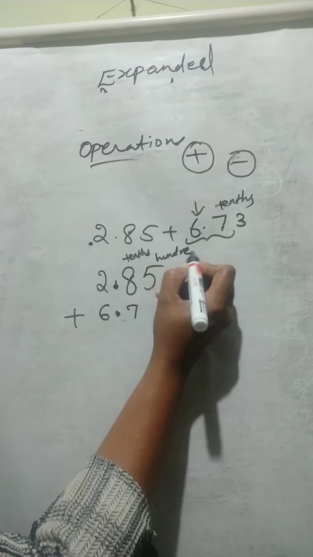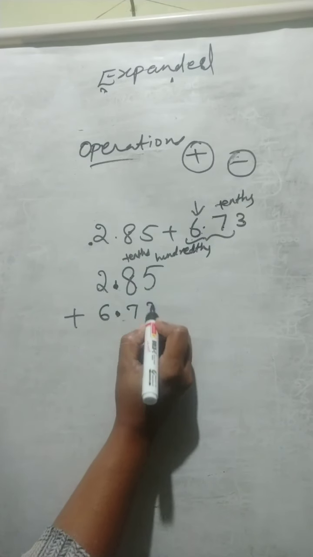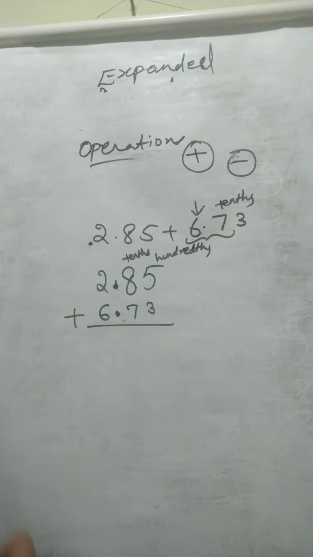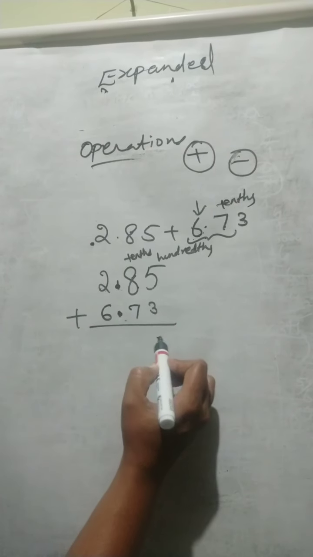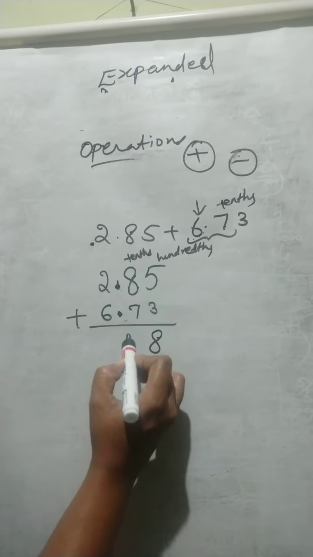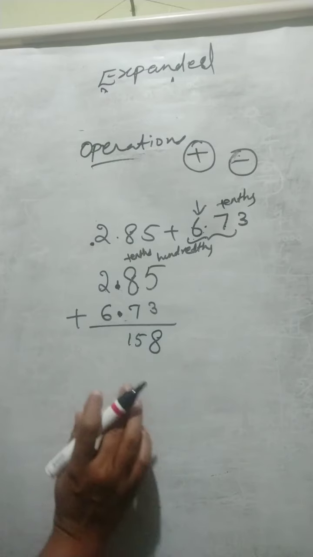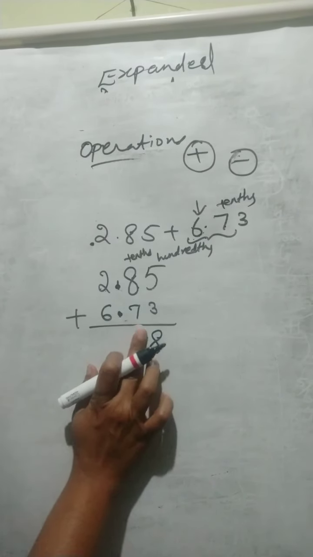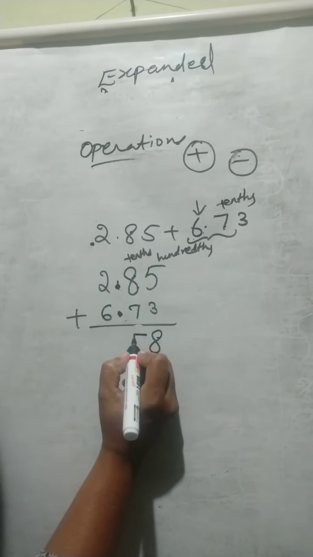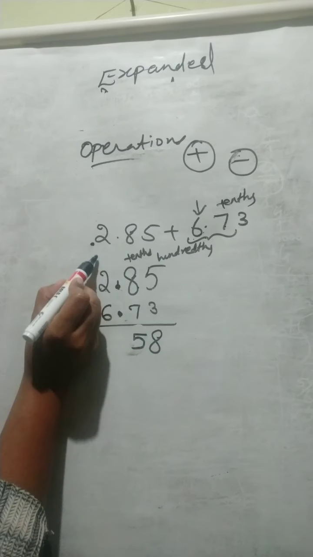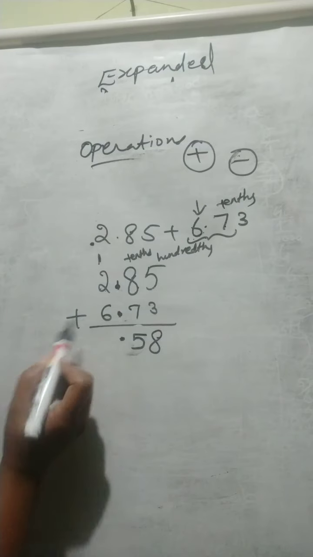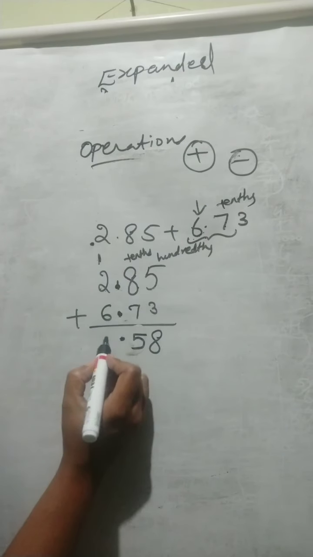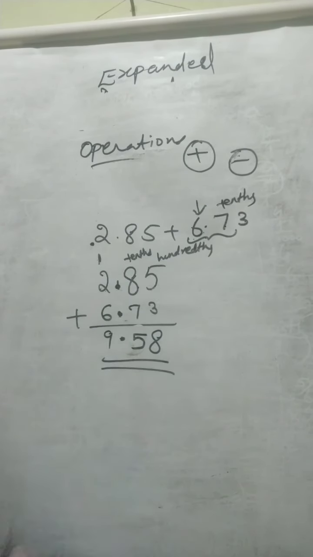So we can write this 3 under this 5. Here 5 is in hundredths place. Then we have to add that. 5 plus 3, 8. Then 8 plus 7, 15. Don't write 15 here. Write only 5 as usual, then 1 will be carried. Then keep the point here itself. Then 2 plus 1, 3. 3 plus 6, 9. 9.58.